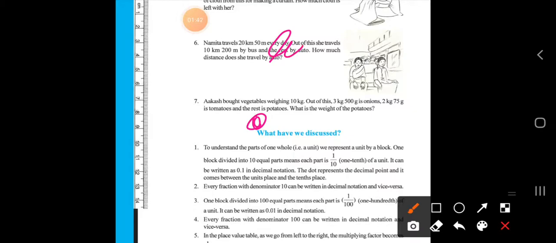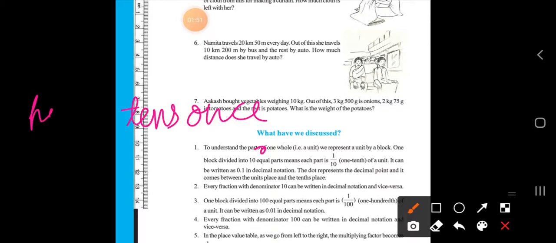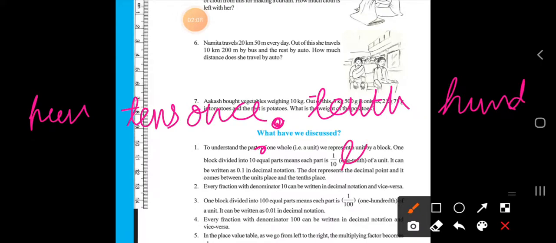On the left side you can see, on the right side there is ones, then tens, hundreds. Okay, and on the right hand side of this decimal point there is tenths. Okay, sorry, it is only tenth. Okay, then hundredth, then thousandth. Okay, so you have to remember this place value chart. Here is the decimal point.